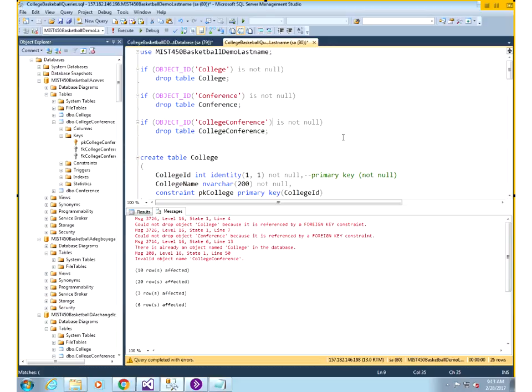Yeah, what? Drop the children first. Okay. Yeah, so you drop the children before you drop the parents, and in some cases you might have multi-level, so you might have a grandparent, parent, and child. So